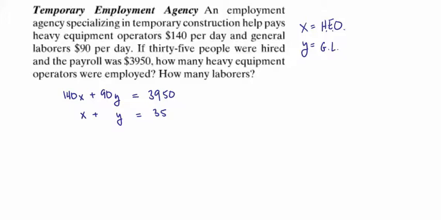So one way to do this, most students like to use the elimination method. So we're going to multiply the second equation by negative 90. I'll copy down the first: 140x plus 90y equals 3950. Then negative 90 times x is negative 90x, negative 90 times y is negative 90y, and negative 90 times 35 is negative